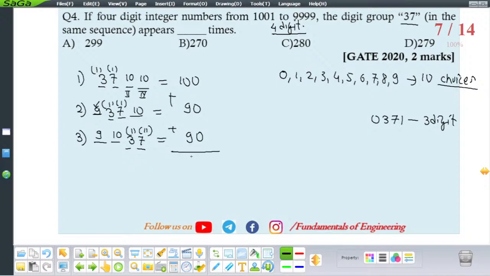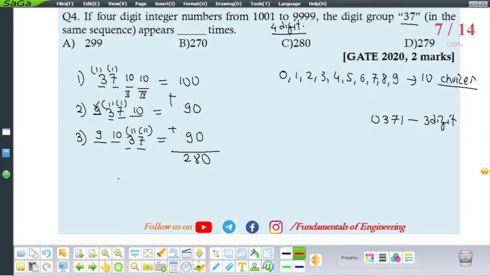100 plus 90 plus 90. So we are getting 280. But this is not the final answer. We will get that, sir, C option is there. And why are you saying that this is not the final answer? See here,